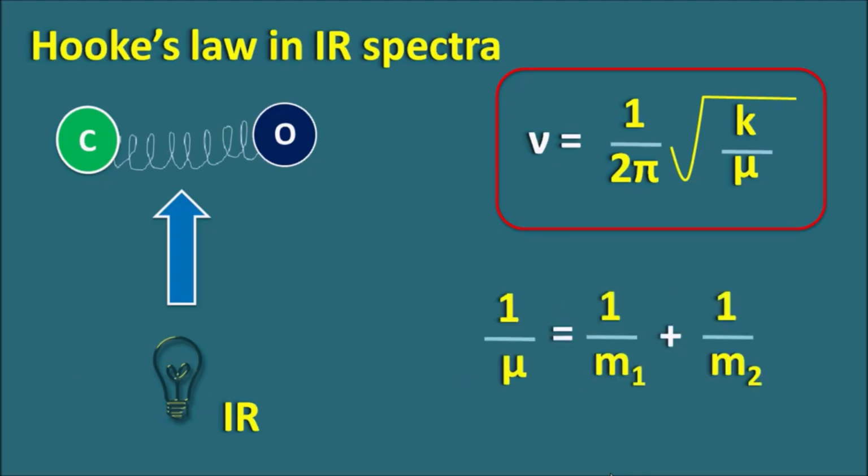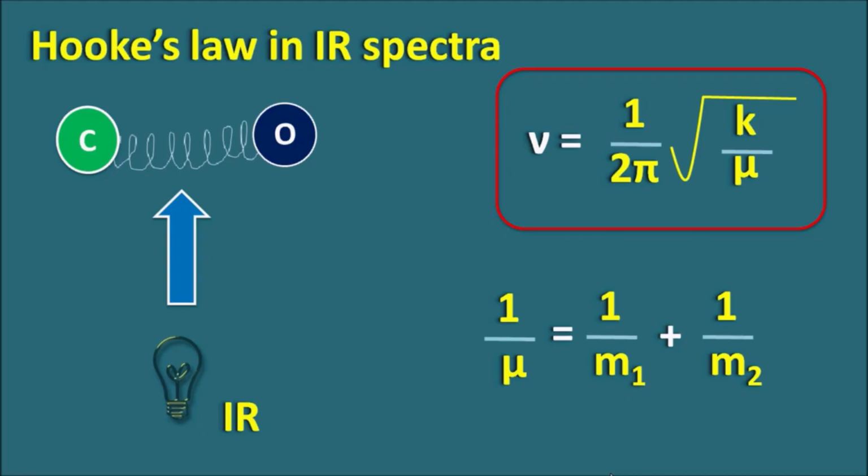1 by mu is equal to 1 by m1 plus 1 by m2, where m1 is the mass of the carbon. Carbon is having the atomic mass as 12. Similarly, m2 is the mass of the oxygen, which is having 16 as the atomic mass. So by substituting this equation, we can calculate the reduced mass of the two atoms which are connected